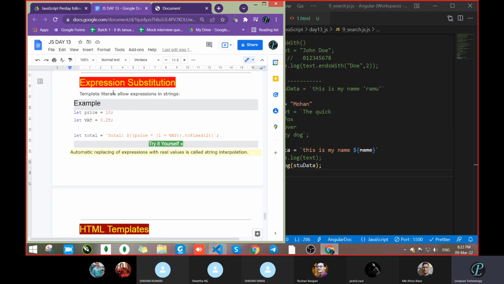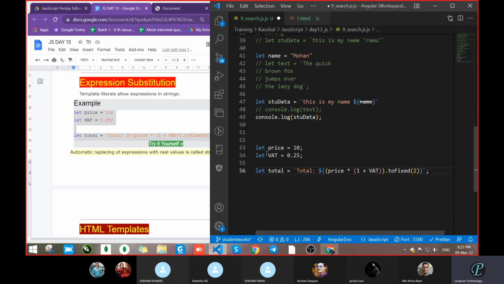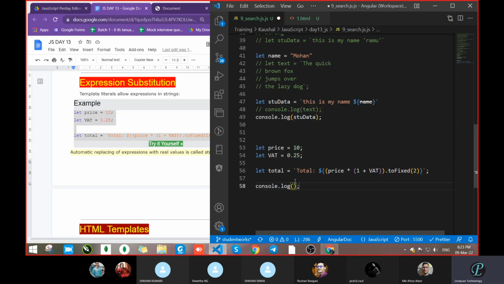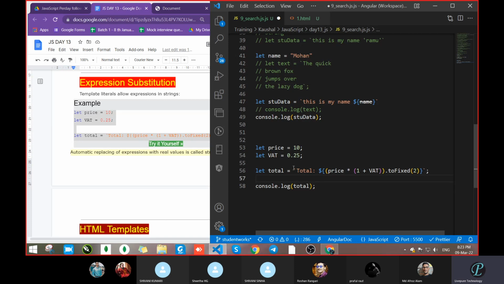Okay. Next, expression substitution. If you have different expressions and you want to add them, you can pass them with the help of the backtick symbol and variables. If you want to do some calculation, some operation, you can do that. Like let price equal to something, VAT equal to something, total price equal to. Let's take console.log total. See what it will do.